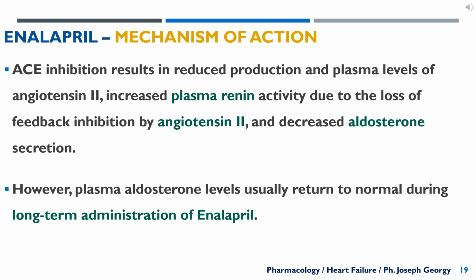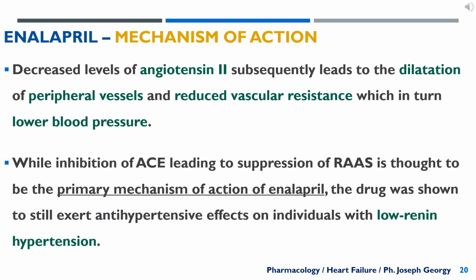ACE inhibition results in reduced production and plasma levels of angiotensin II, increased plasma renin activity due to the loss of feedback inhibition by angiotensin II, and decreased aldosterone secretion. However, plasma aldosterone levels usually return to normal during long-term administration of enalapril. Decreased levels of angiotensin II subsequently lead to the dilation of peripheral vessels and reduced vascular resistance, which in turn